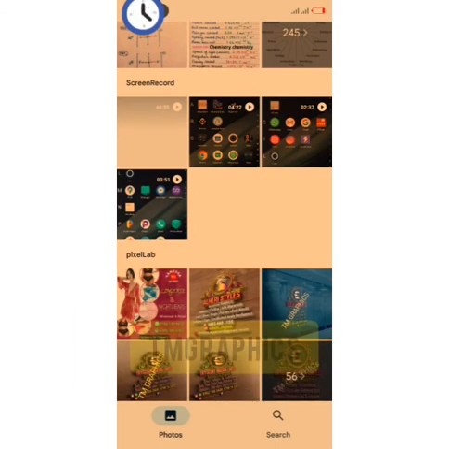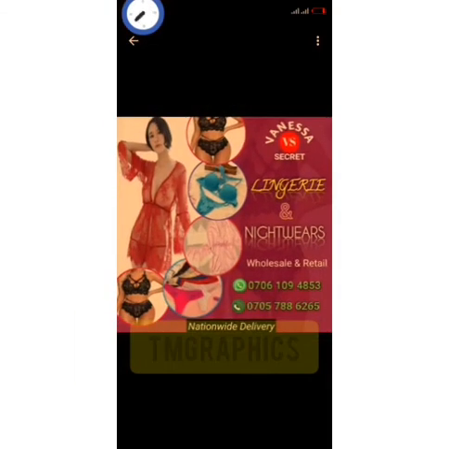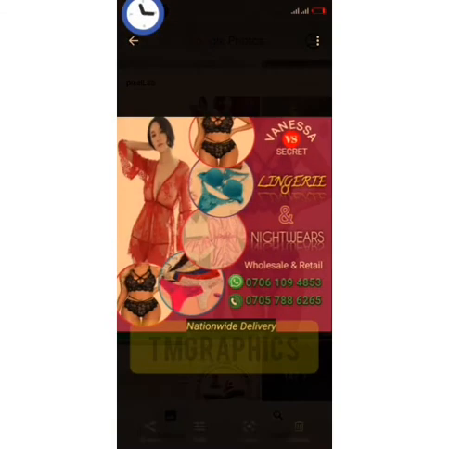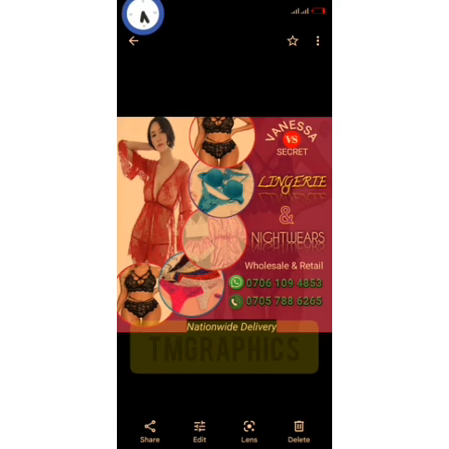As you can see, you have it right there. So this is what you're going to be sending to your client. It is super easy. You have it right there. It is super easy, super amazing. If you are going to be making this flyer